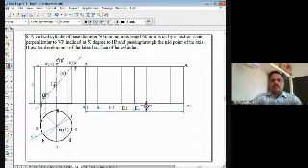This is F1, this is G1, and this point is H1. Here also same thing. This is B, this point is C, this is D, this point is E, here is F, like that. I'll mark the various points on the top surface also.